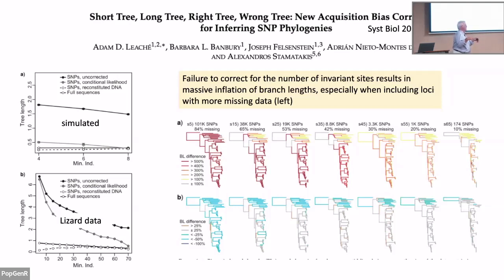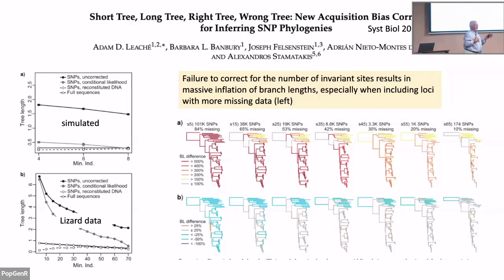Now, if you get a data matrix from DArT or other AGRF or whoever, you'll sometimes get the DArT tags, you'll get the sequence, and you'll get the SNP positions within that. What you don't get is the bits of the genome that were sequenced but found to have no variation at all. So you've already got a biased data set. You don't have a proper accounting of the invariant sites. And this is something we've talked about a lot with Bernd and Arthur. How do we deal with this for things like heterozygosity estimates? You heard from Renee about that. It does have a profound effect on branch length and phylogenies if you improperly account for